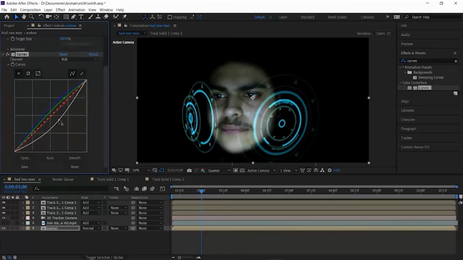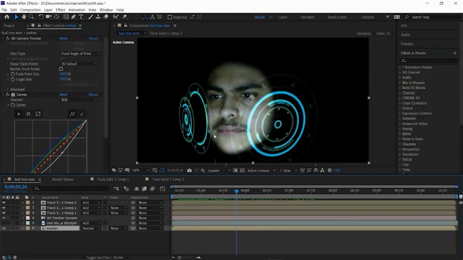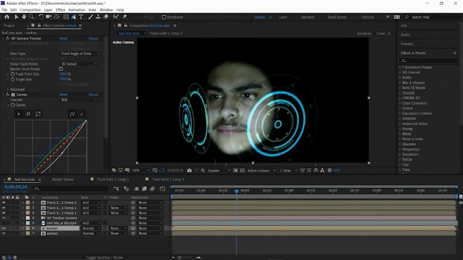Also, you can decrease the light intensity like this. See, right now all of my elements were blue, that's why I just created one curve. But if you have some other element, say red in color, then you might have to duplicate the footage. When you duplicate the original footage, you can create a small mask around it, right?